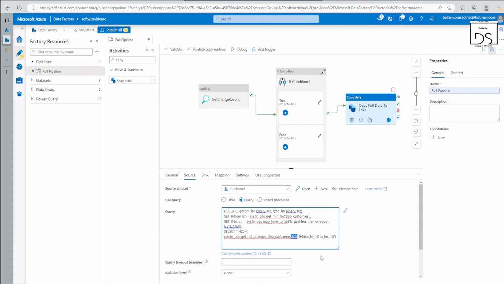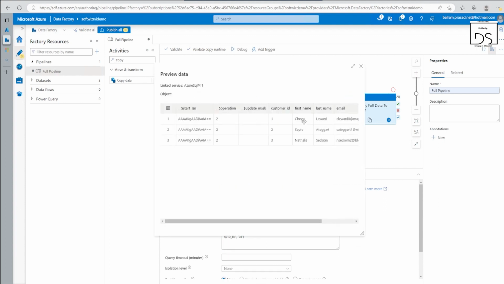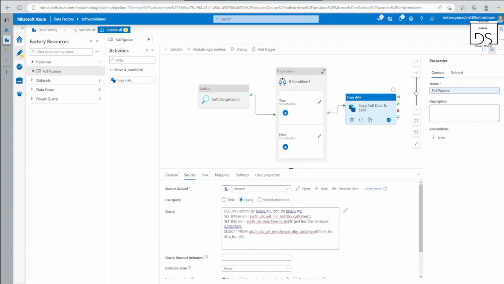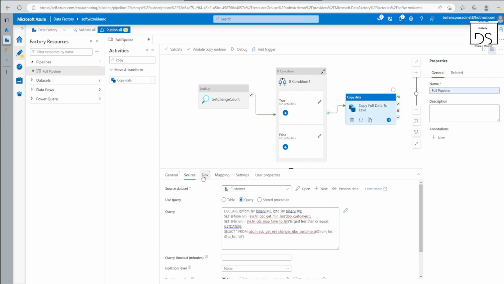data which got changed. I'm putting the timestamp from when the minimum timestamp was there for this change, and what it is right now. Go ahead and figure out everything and pull all the details. So if we preview this, we are able to see all 3 records which we changed are inserted. So we can do it this way, and once it is done, let's go ahead and create the sync setting for